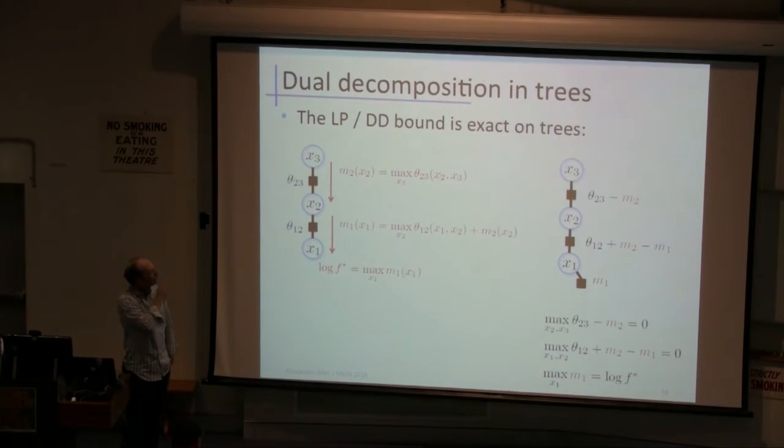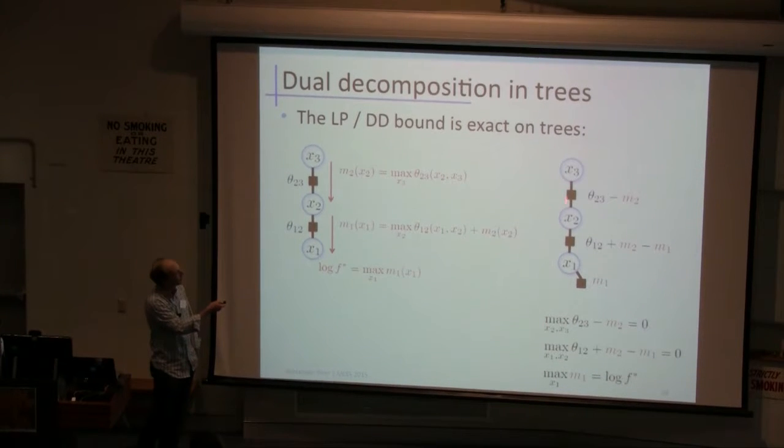There is a reparameterization that gives this exact value for the decomposed bound. And so just a simple construction that will do that is to just reparameterize this factor to be itself minus the message that we computed. And then this factor will be itself plus the incoming message from 2, but minus the outgoing message, M1. And then tack M1 down here on the bottom. And what you'll find is that the contribution of each of these things is actually 0. So if you run this decomposed bound on these parts,